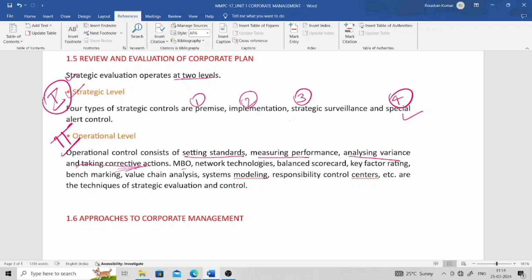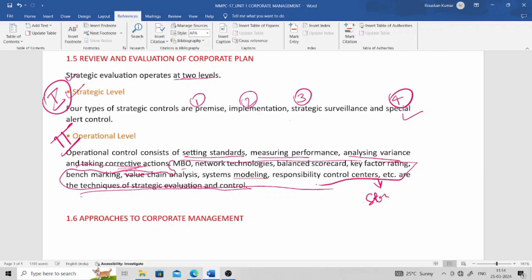So this part is strategic evaluation and control, okay. I should have mentioned this part in the first one, but it was done here by mistake, yet I'm going to write it here. So this is about techniques for strategic